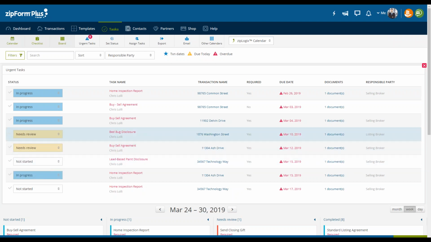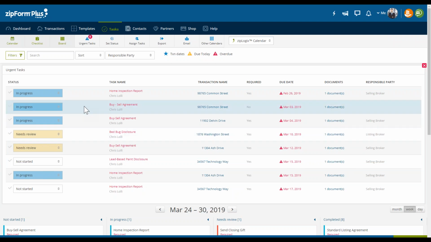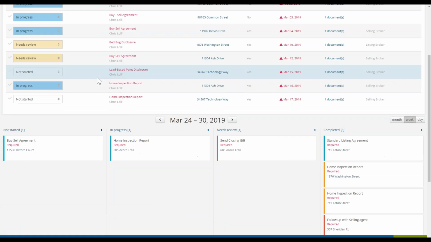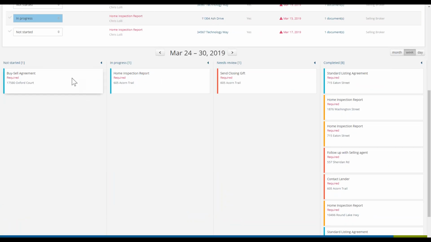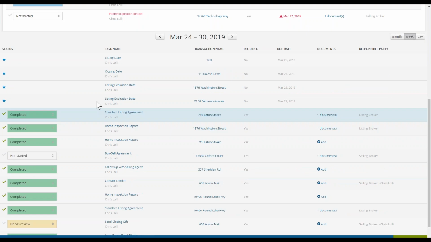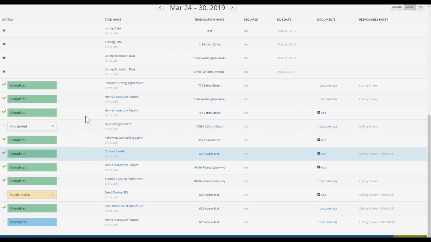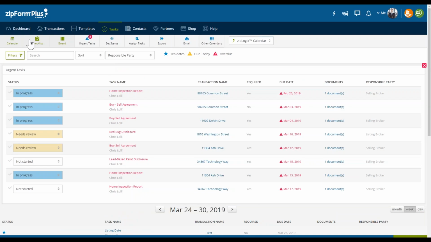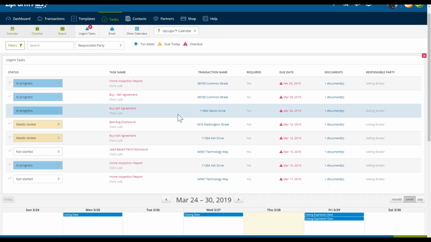And each one of the fields that we change corresponds with a different color to make it a little bit easier to represent how we can view our tasks. Right now, what you see below here is that board view. I personally like this board view because I like the neatness of columns, where I get to see completed, needs review, in progress, or even not started. You can also change that to a checklist view, which is more like what you see here, or we have a calendar view, which lets you change your view on a calendar.